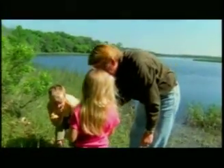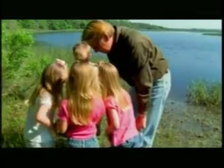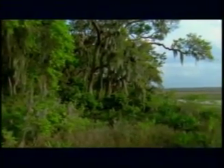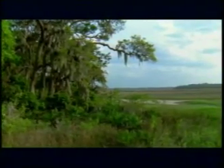I've described this area as kind of the last best Florida. It's the way it looked when the Indians first began to move in and the Spaniards came over. It's a spectacular area. That's the great thing about a preserve: you build a library, you build a fire station, well, they last 50 or 60 years maybe. You get the land like this in a park system, it's centuries that it's going to be held in the